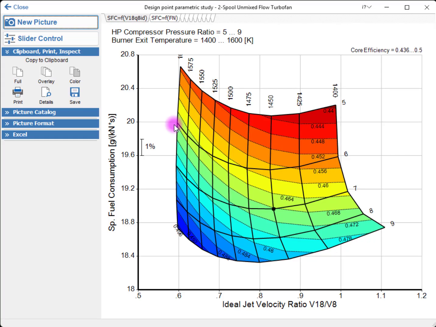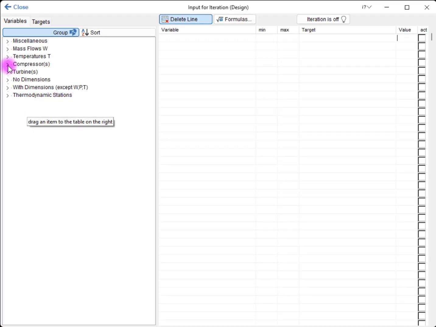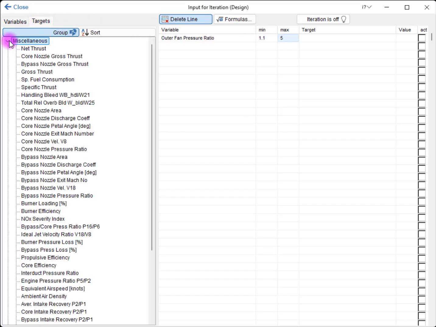We return to the Design Input window and go to Iterations. We choose the outer fan pressure ratio as an input variable, define the minimal value 1.1 and the maximal value 5, and select the ideal jet velocity ratio of 0.8 as the target value.